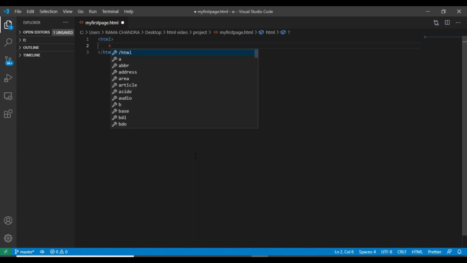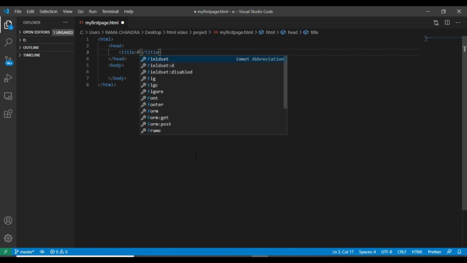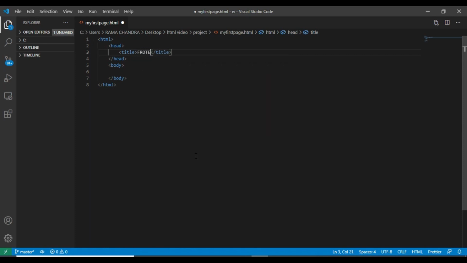Let's give a head tag, also body tag, in the head tag let me give title of the page, I'll give it as Frutella. In the body let me create a heading tag.